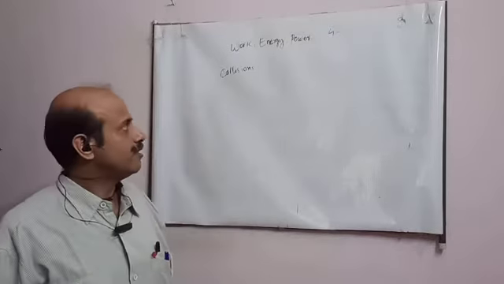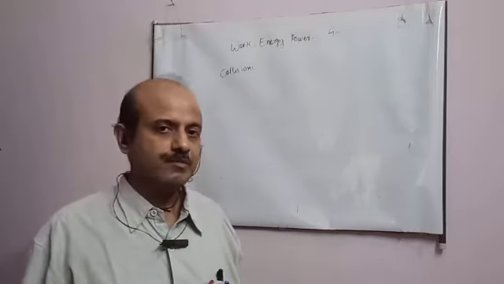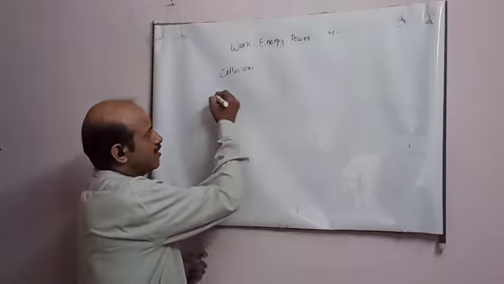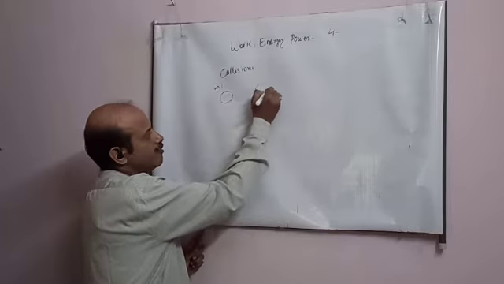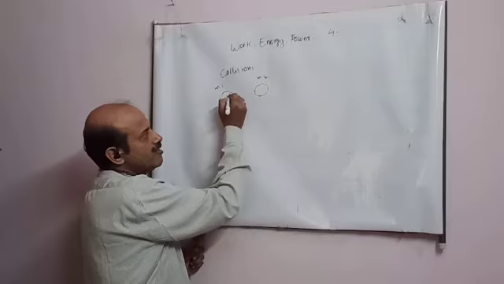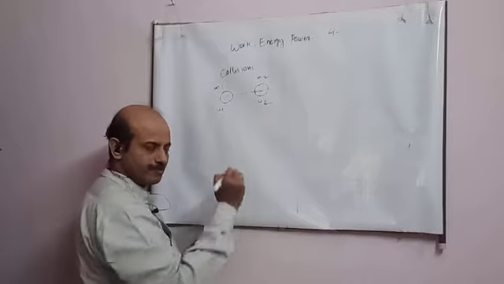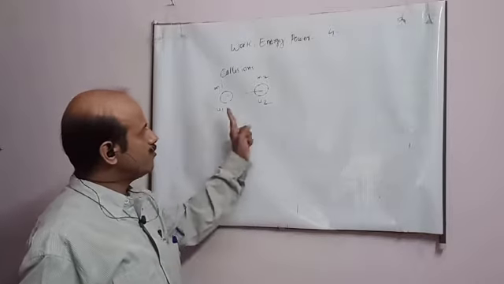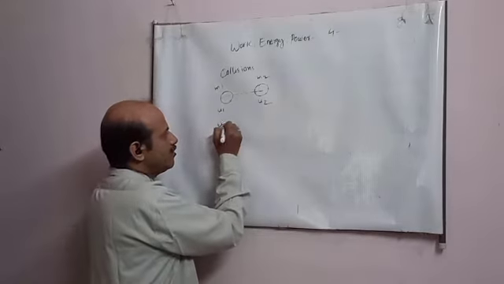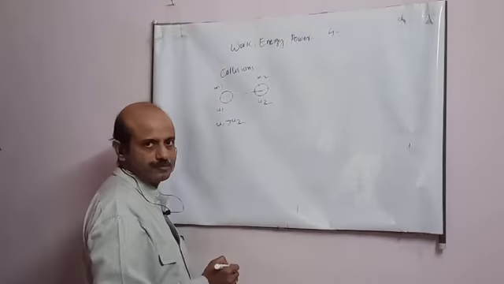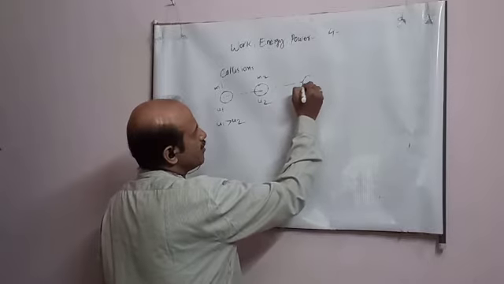So in this case, student, first I will take collision in one dimension. Say I am taking one example, student. There are two objects of mass m1 and m2, moving in a straight line. This is moving with velocity u1, this is moving with velocity u2. Now, student, if u1 is equal to u2, then they will never collide. For collision to occur, student, u1 must be greater than u2. Okay, student. So suppose they are moving on the same line. Here somewhere they collide, student.